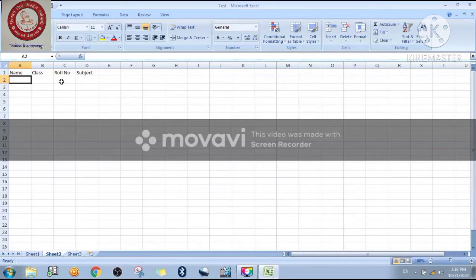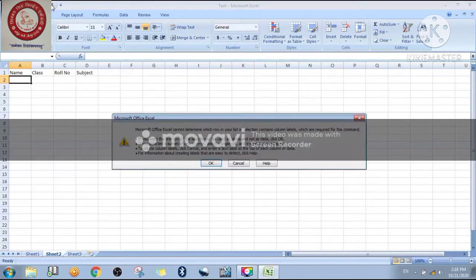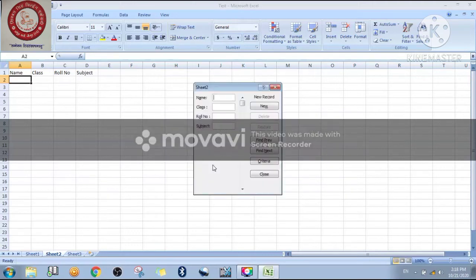Now if I click on the form button and then press OK, you will see the names of the 4 columns appear here. The form gives a facility to insert data anytime, or you can delete your data, and you can also search your data according to criteria, right?